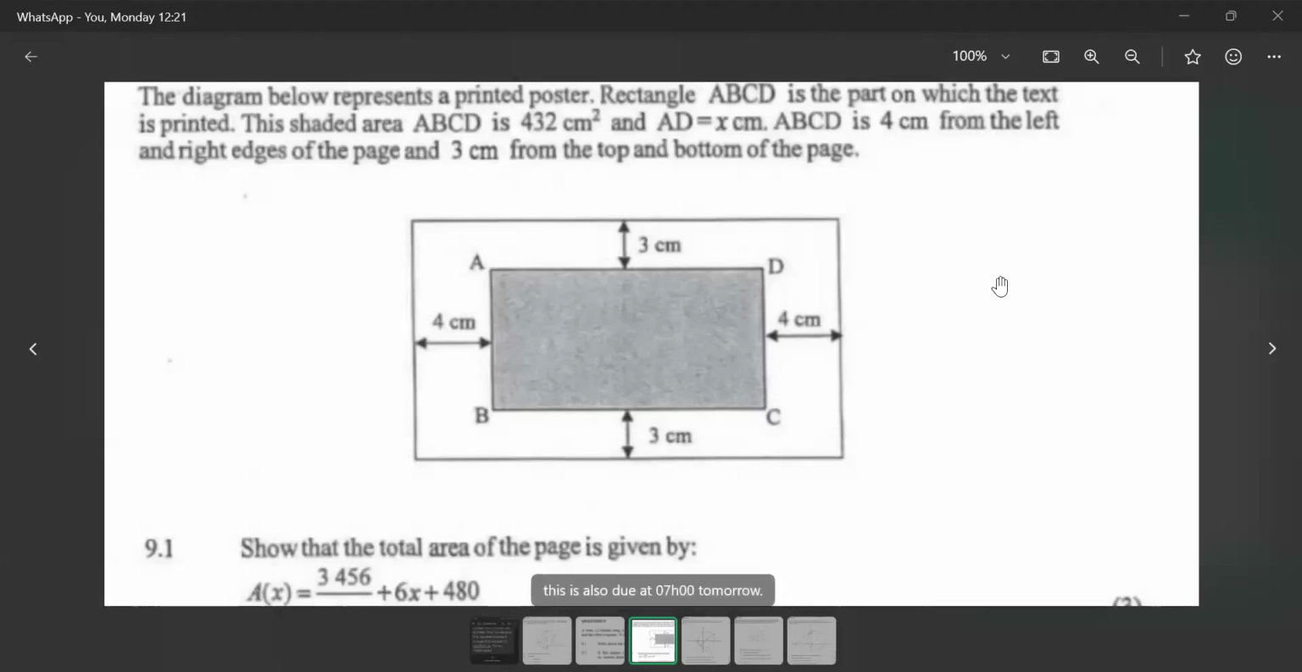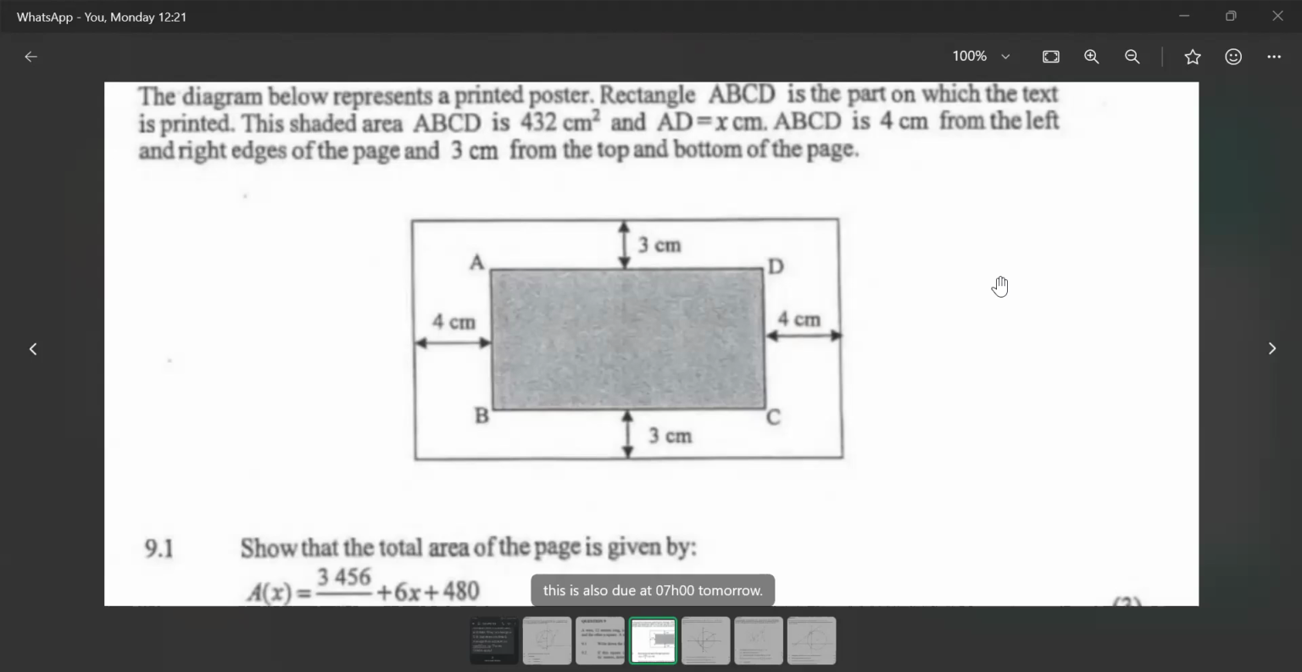While the diagram below represents a printed poster, the rectangle ABCD is the part on which the text is printed. This shaded area ABCD is 432 centimeters squared, and the length of AD is X centimeters. ABCD is 4 centimeters from the left and right edges of the page, and 3 centimeters from the top and